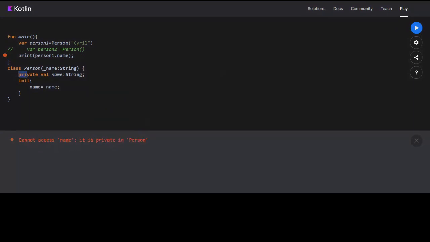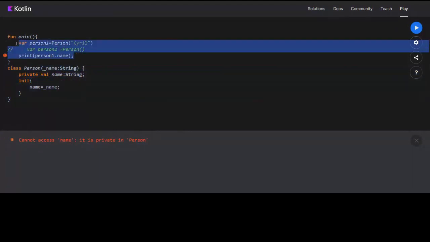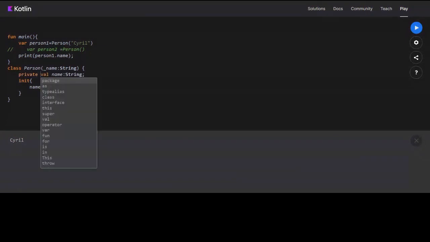Whatever you define as private can only be accessed inside this class. It cannot be accessed outside this class. If it was not private, this function could also access this variable by printing person one dot name. But if it is private, then it cannot be accessed by other functions.